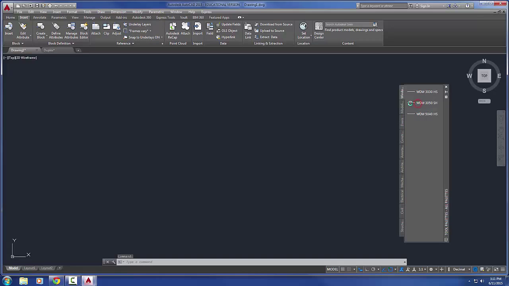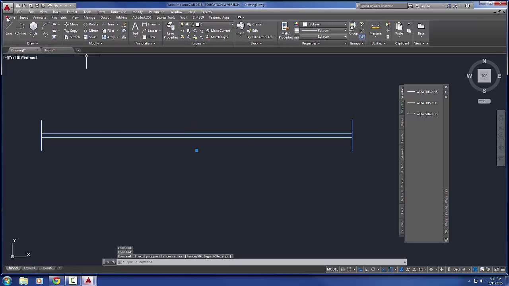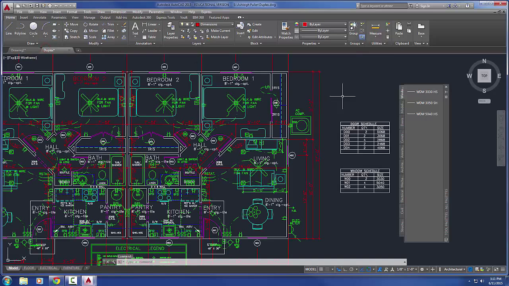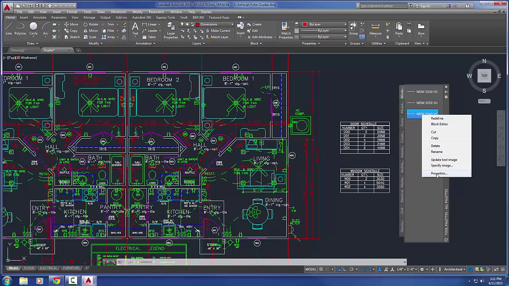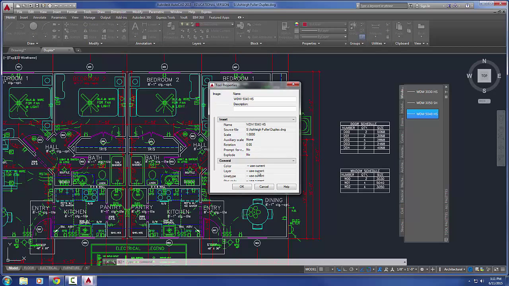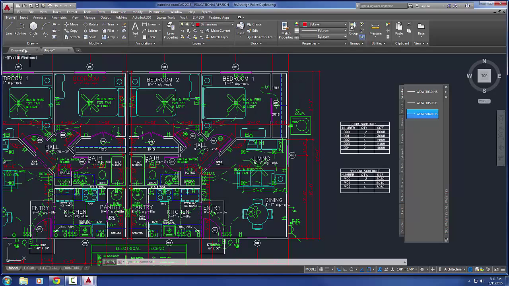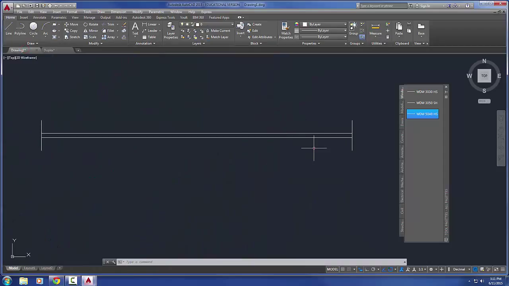So I can bring a window now, just drag and drop it straight into this drawing, and it comes in on the layer that it was created on, which is layer 0. But check this out. I'm going to go back to my duplex drawing where I have some layers set current. I'm going to right click on that window. I'm going to go to Properties, and under Layer, I'm going to set my layer to be the Windows layer. I'm going to go back to this drawing,